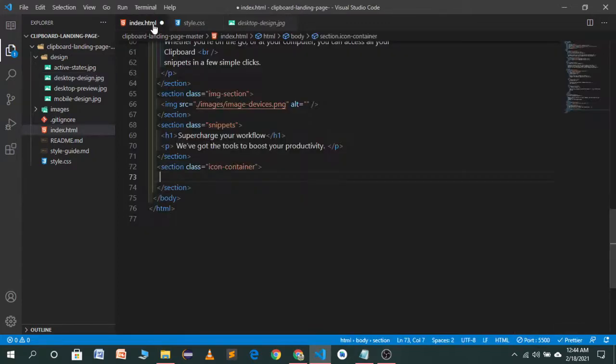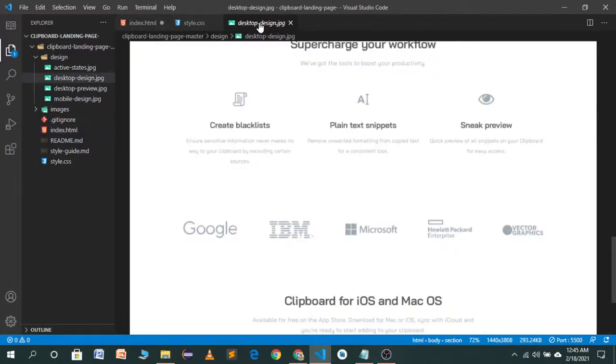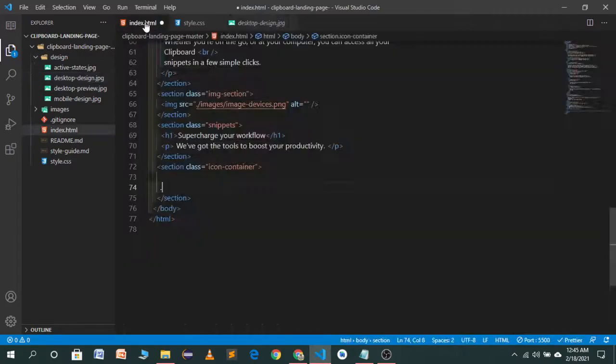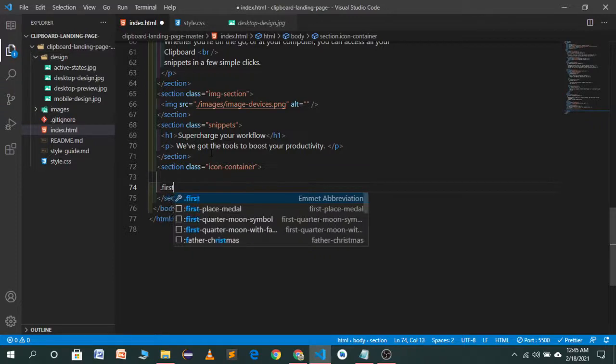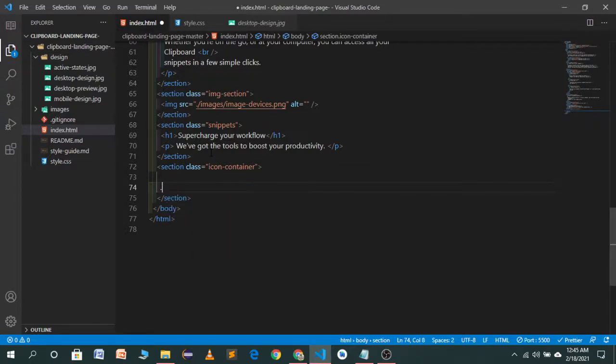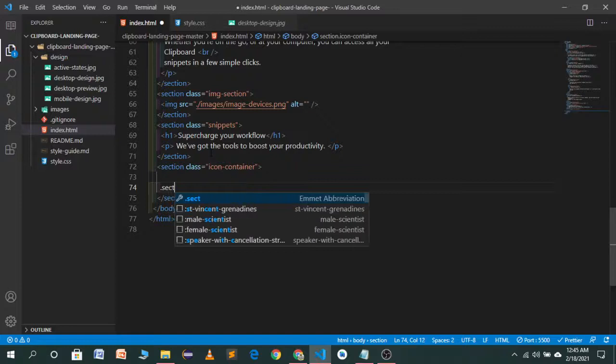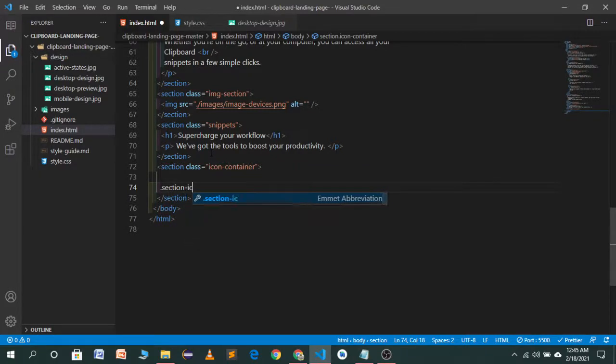Icon container. So let's give it a class name of, I think, section icon.